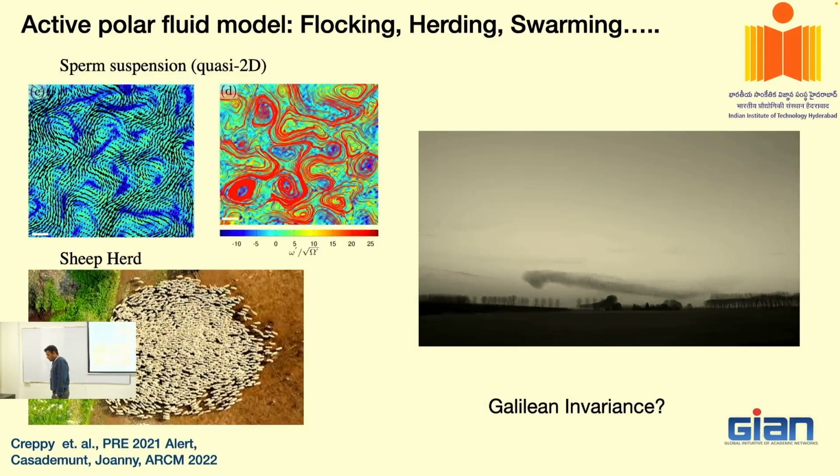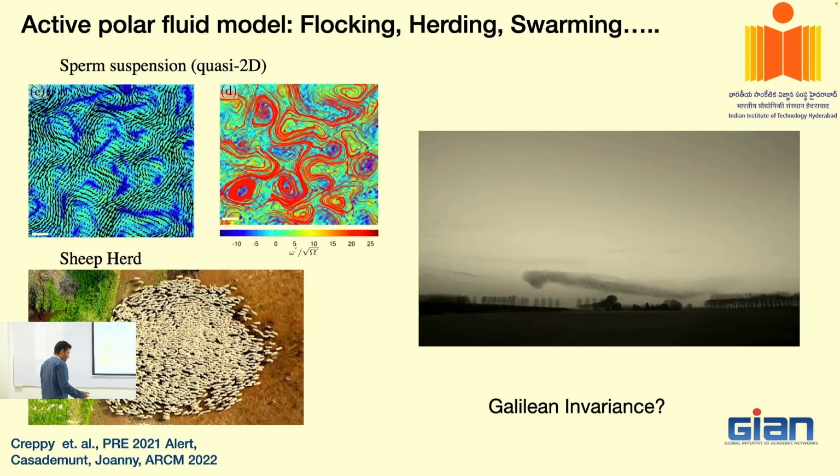Around yourself. To have a dynamics, you need to perturb the flow, you need to disturb the flow, you need to externally drive the flow, right? Then only you can see that there is going to be a dynamics. But if you have an active system, as the name suggests, they are active, they themselves can generate flows. For example, if you think about a bacteria, if a bacteria is swimming in a flow, it will disturb the flow around it, right? You don't need to provide the disturbance externally.